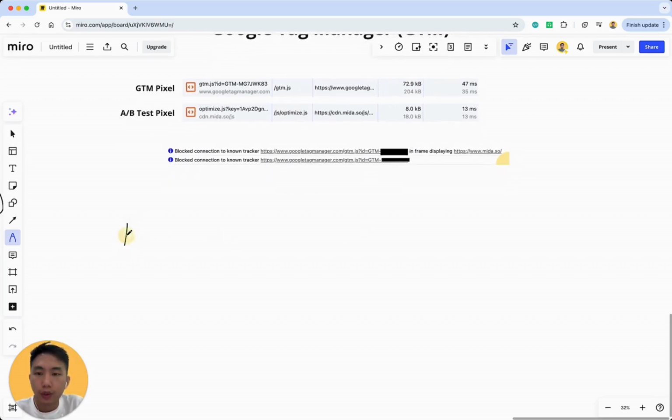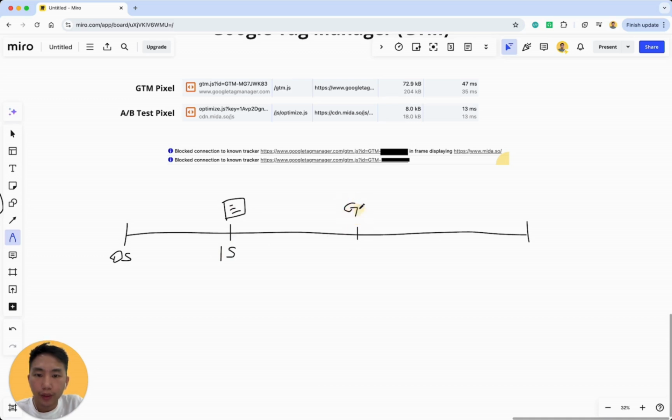So from here, as you can see, this is your website timeline, and it starts at 0 seconds. Your web page, your document, is loaded at 1 second. And Google Tag Manager, GTM, is loaded at the 1.5 second mark. Then if you are installing the MIDA or A/B testing script through GTM, that means the MIDA script will only be loaded at 1.6 seconds, only after that. So for example, MIDA is installed here. From here to here, obviously, it is a 600 milliseconds latency